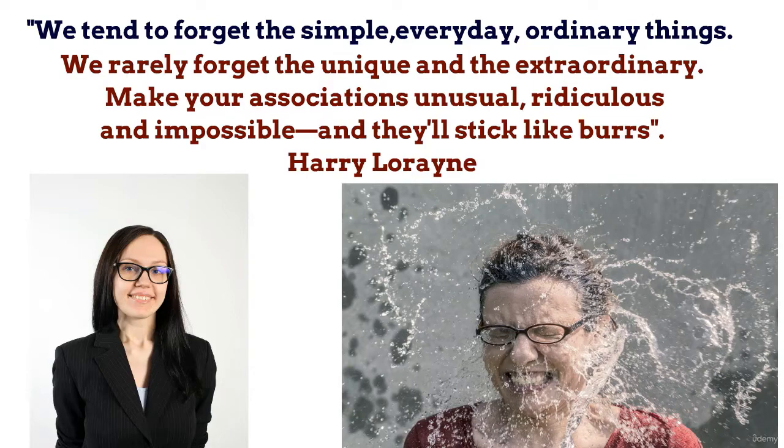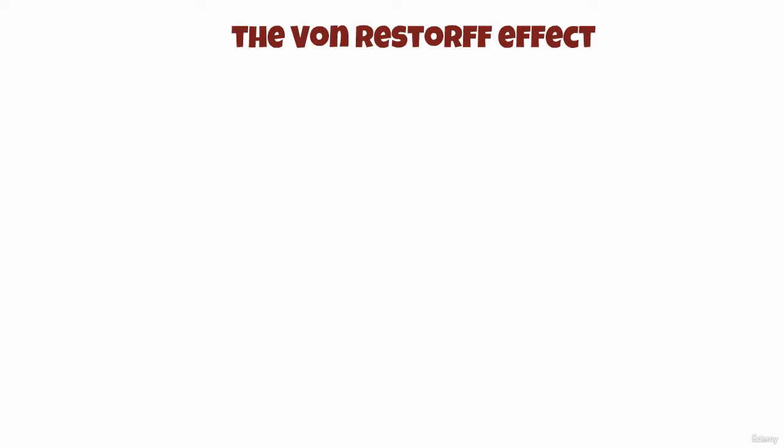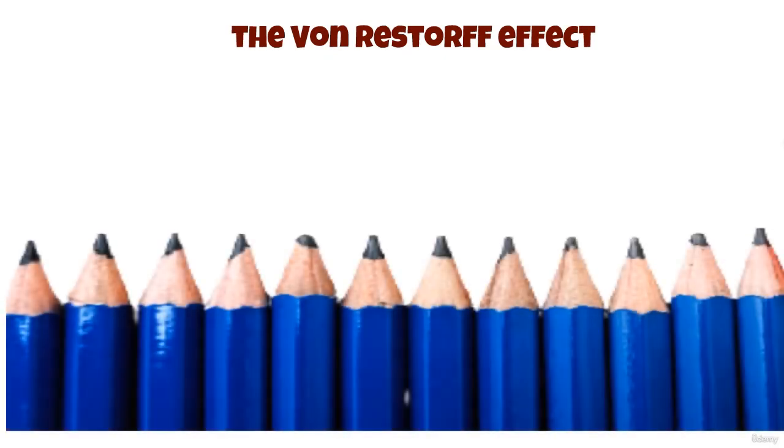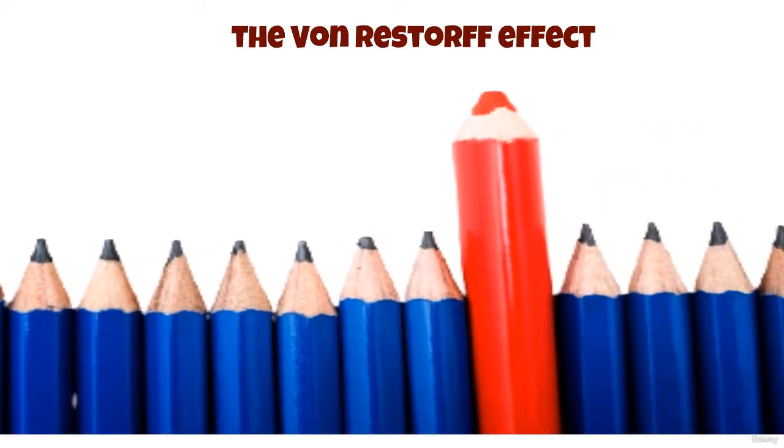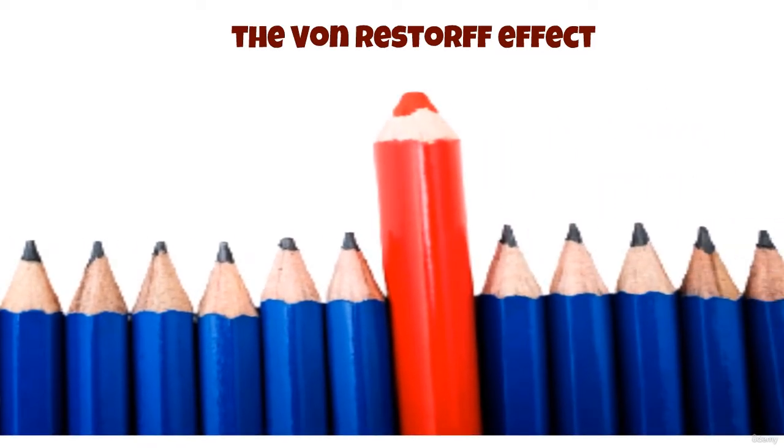German psychologist Hedwig von Restorff identified in 1933 a very interesting memory phenomenon known as the von Restorff effect, according to which things that stand out from their peers are more memorable. In other words, an object that is notably different from the rest in size, color, or other basic characteristics will be more readily recalled than the others because the attention is usually captured by salient, novel, surprising, or distinctive stimuli. Being different is not better or worse, but different is memorable.